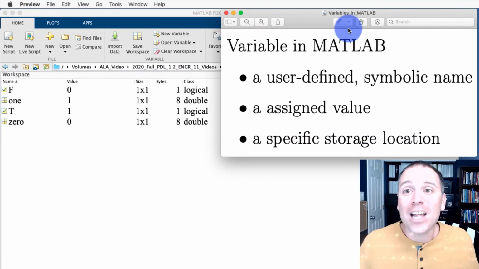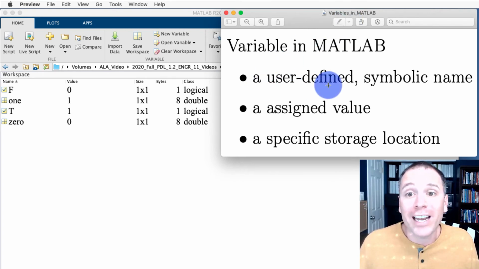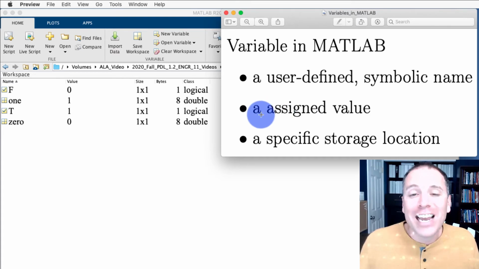One of the reasons that we thought about variables as having these 3 features, the user-defined name, the assigned value, and the specific storage location, is depending on which data class we use, the assigned value has different interpretations. Also, the storage location that we have depends on the amount of storage required for each variable.